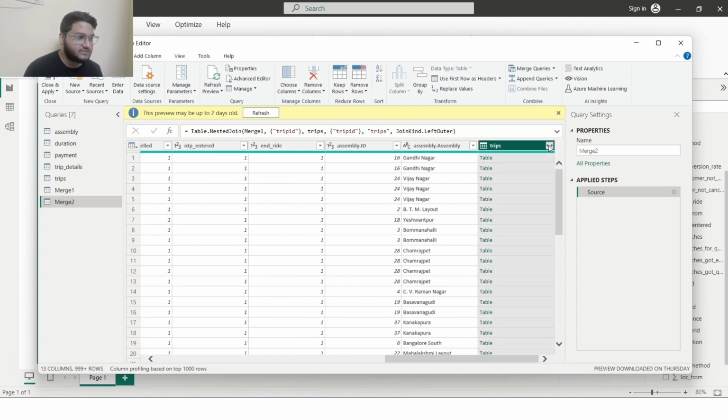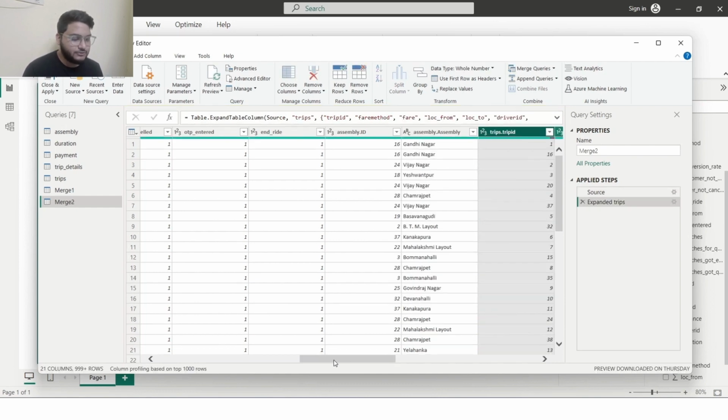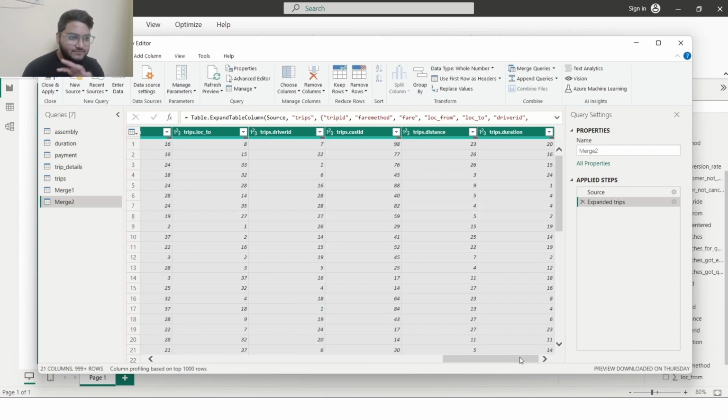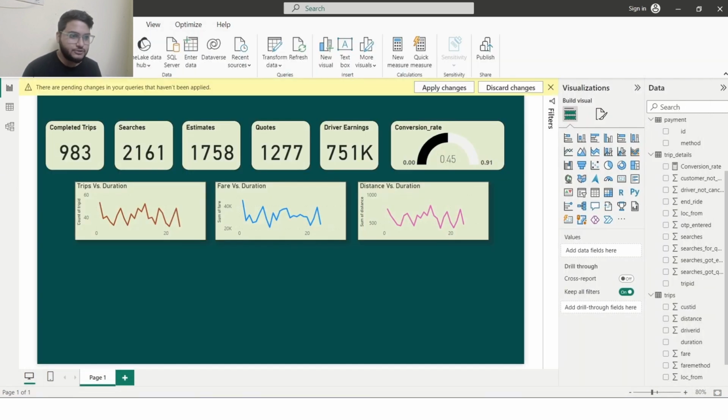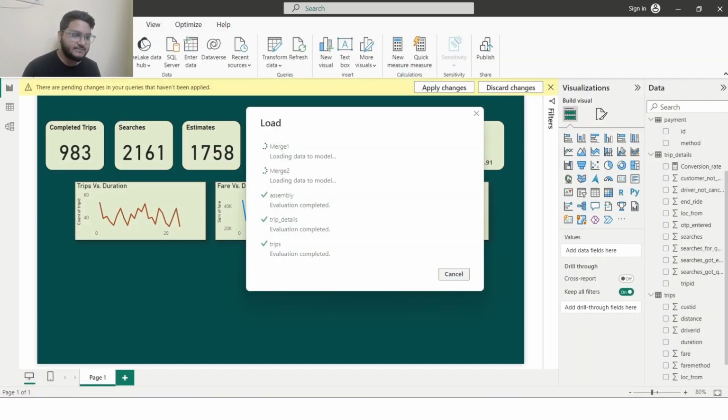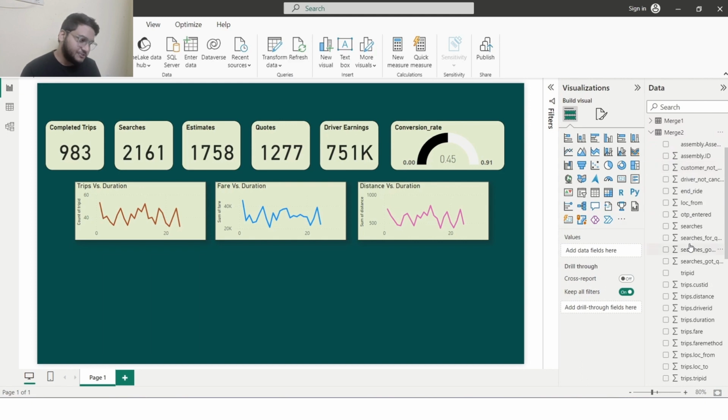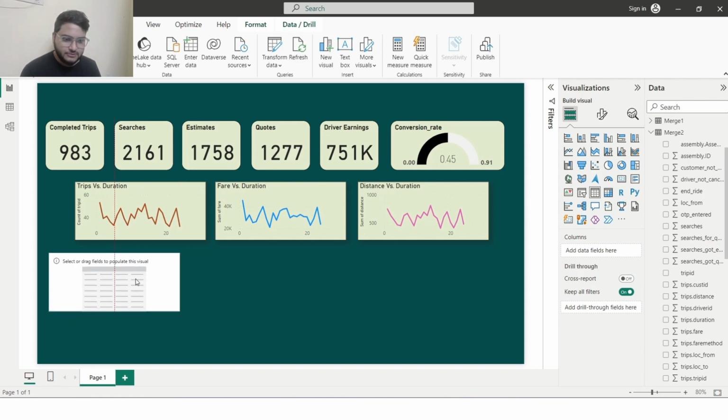Now I'll do the same operation. I'll click here, I'll click on OK. I'll get all the new columns here. After all of these different things I've done in my Power Query editor, I'll have to close and apply. Click on close and apply, and you can see it will take some time to merge our tables. The new tables have come up. To this we can create the table here. I'll bring in the table,